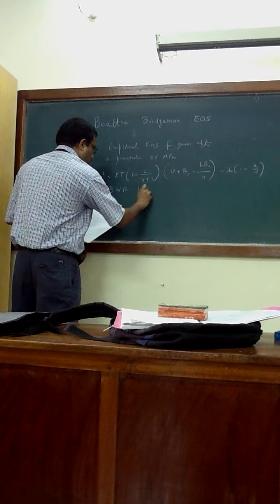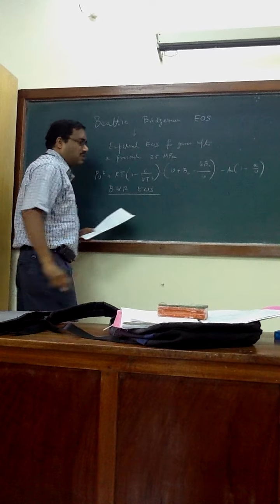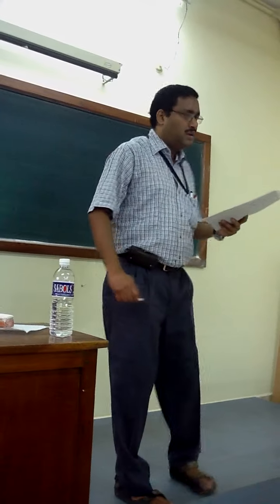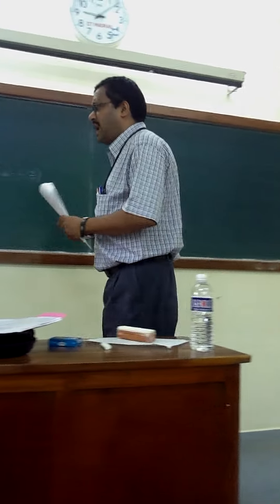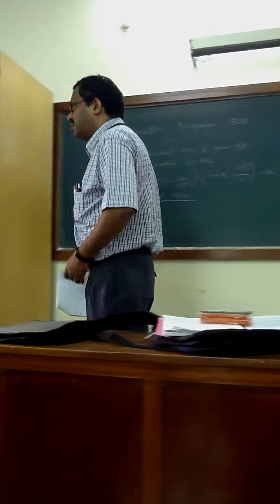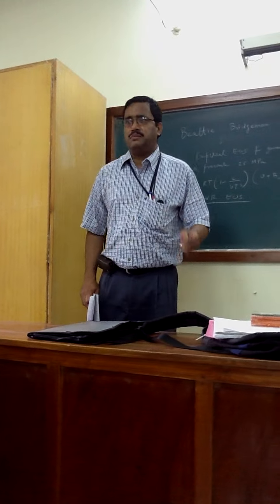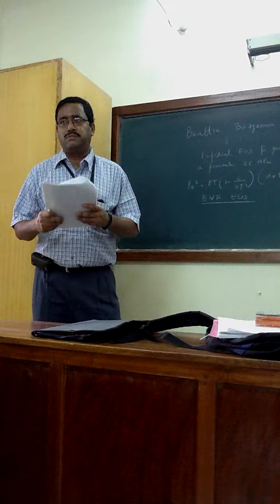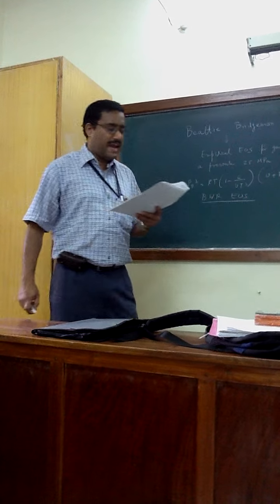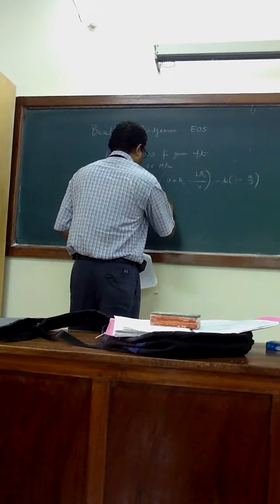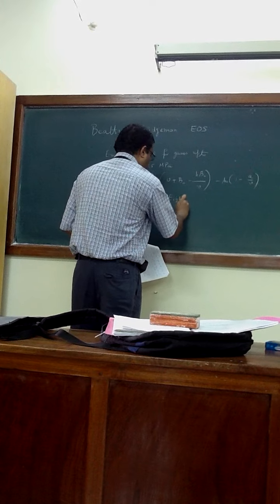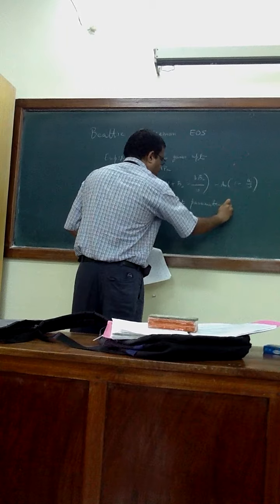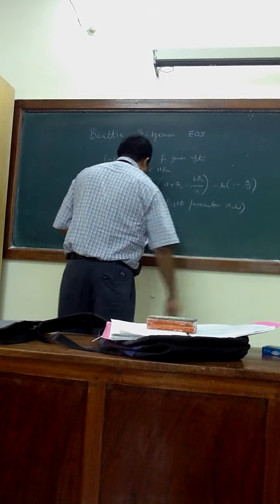is the BWR equation of state, which is the Benedict-Webb-Rubin equation of state. This equation is highly unstable or highly sensitive. If you slightly change a parameter, it may give wrong results. So you have to be very careful with materials because it is an 8 parameter model. A large number of parameters is a problem because you cannot do much generalization for an 8 parameter model,